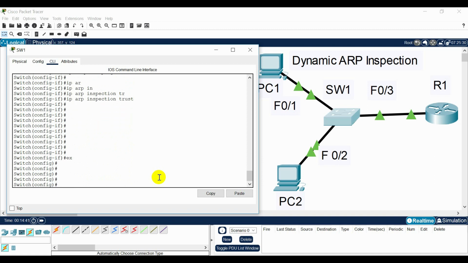DAI can also be configured to check both destination and source MAC addresses.